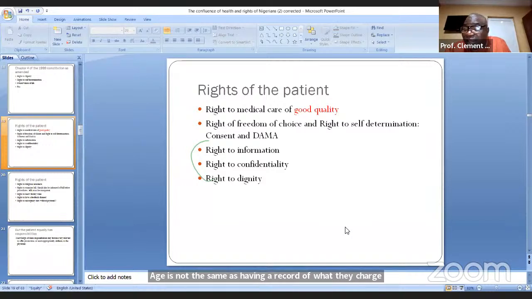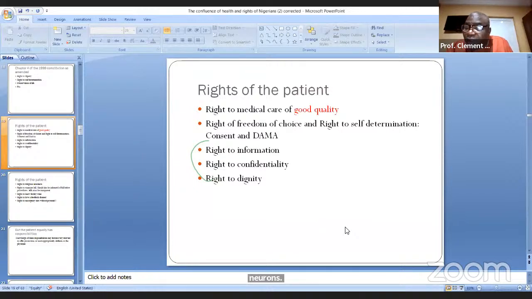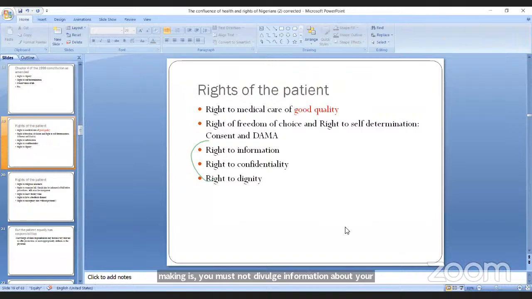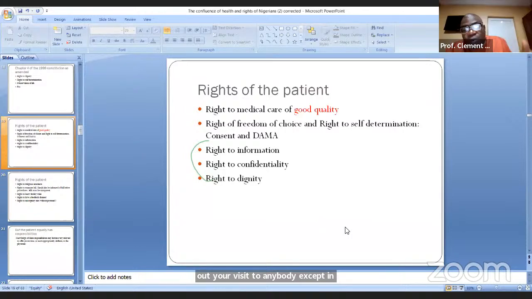Unfortunately, the church elders were very ignorant. I say ignorant because if they were intelligent, they would have told the woman to keep quiet immediately and stop the discussion there. They were ignorant and summoned the lady to come and answer a query. We heard you have done abortion. We heard this is not your age. The lady went to court and sued for 250 million for breach of confidentiality. So the point we are making is you must not divulge information about your patient to anybody, excepting what we call on a need-to-know basis.